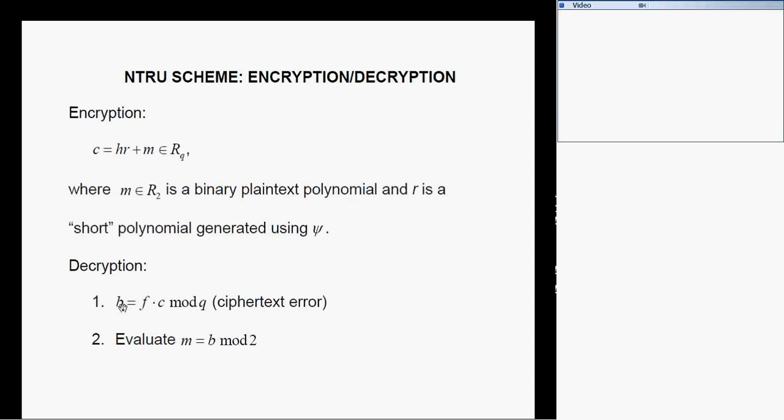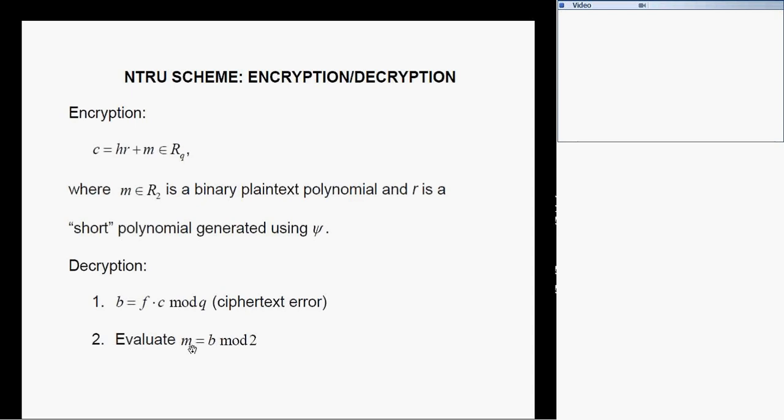The logic behind our correctness analysis, which we'll do in the next slide, is to make sure that none of the coefficients in the polynomial B will wrap around Q. The goal is to make sure that none of the coefficients will ever exceed Q, because that would make the decryption incorrect at the next step. So with this ciphertext error B, we apply another modular operation. The modular operation is done using the plaintext modulus 2, and this gives our